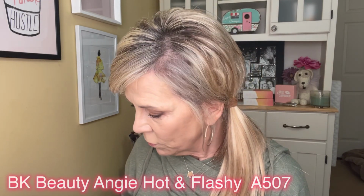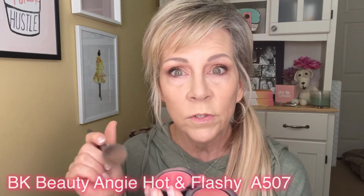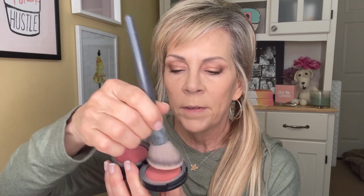And so this is what we're going to do. You're going to need an angle brush like this. And we are going to just take these two colors, and I'm going to mix them together. I'm going to do a dab here and a dab here, okay? And then since I am right-handed, we're going to do this side. I'm not left-handed. So when you get on this other side, you're going to have to switch hands and use your left hand to do the...